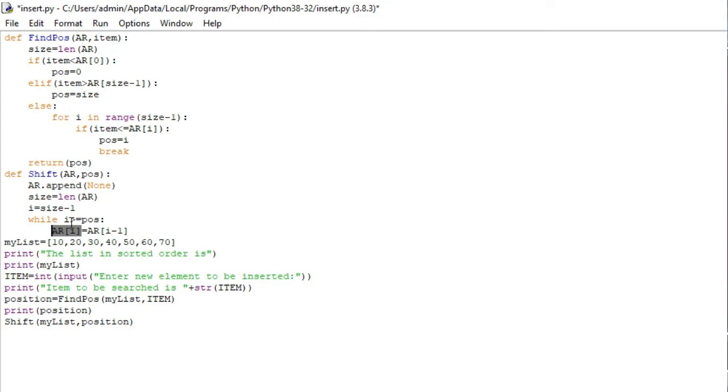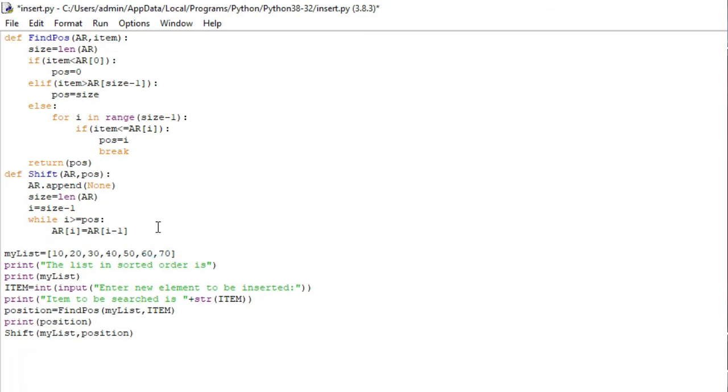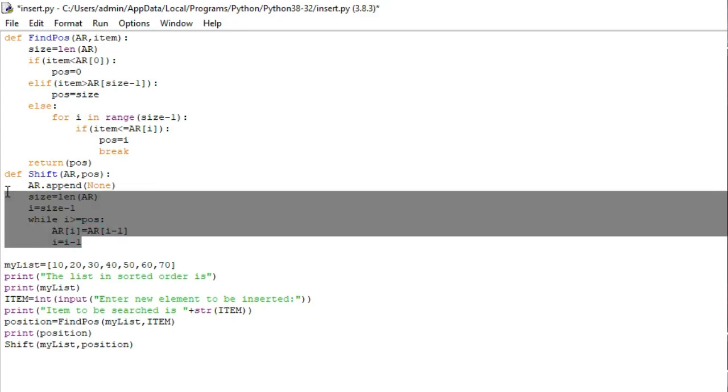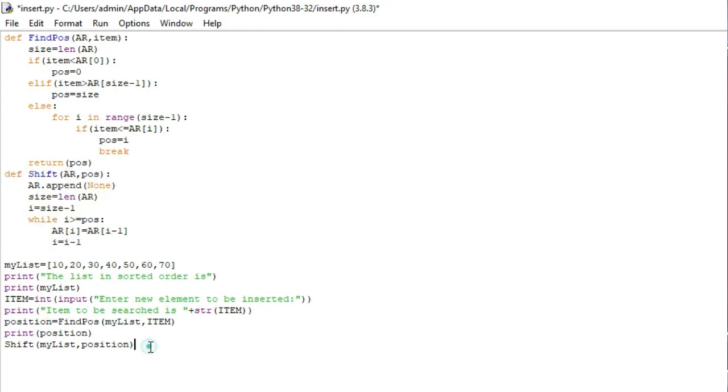Let's say that at 70 the value of i is 6. So at the 6th position we are placing its 5th element, and so on we will keep on passing. And then i is equal to i minus 1, because we are doing all this in reverse. So using this algorithm, all the elements will be shifted.